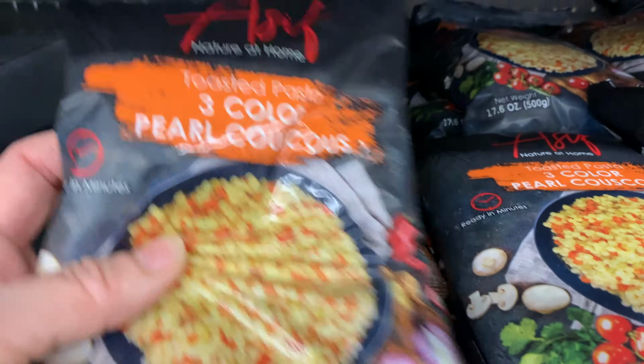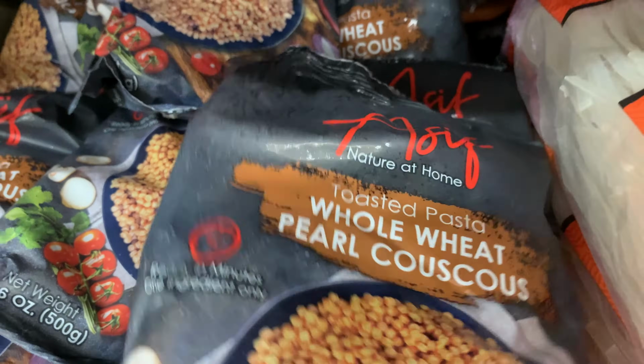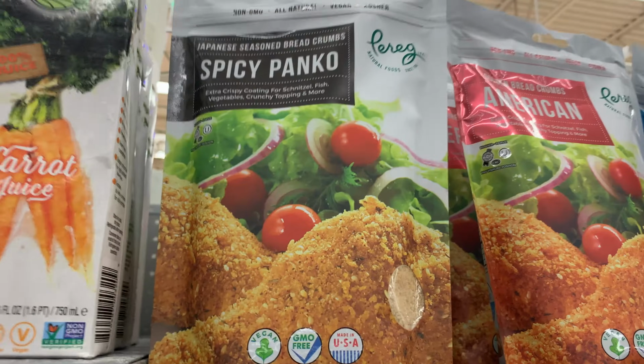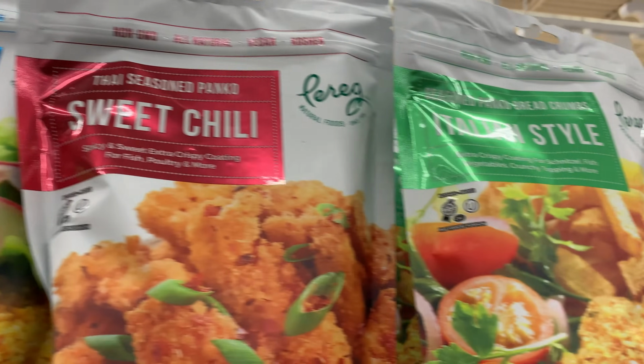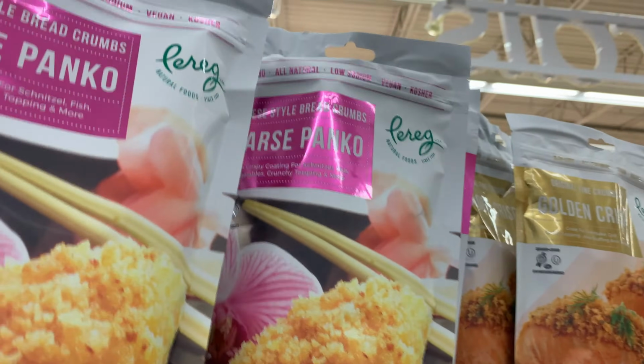I will need also some pearl couscous, which are delicious. If you never try them, it's totally worth it. It's very simple to make. It's a little bit like a pasta. We serve it with fried onions and veggies as a side dish during the week, and sometimes as a cold salad for Shabbat. I need some breadcrumbs as well,